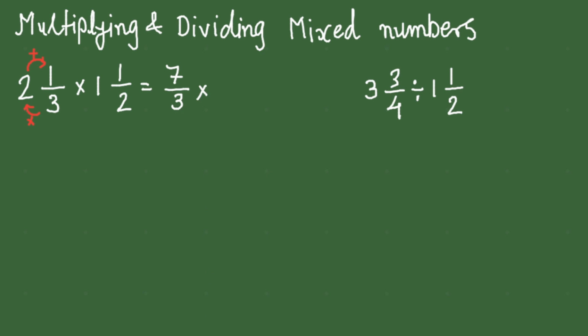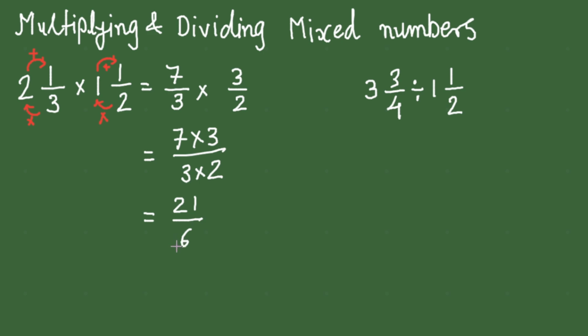Same way, for the second mixed number, we will multiply the denominator with the whole part 1. Then in the answer, we will add the numerator 1. So, our second improper fraction would be 2 times 1 is 2 plus 1 is 3. So, 3/2. Now, we just need to multiply the numerators and denominators. So, 7 times 3 divided by 3 times 2, which is